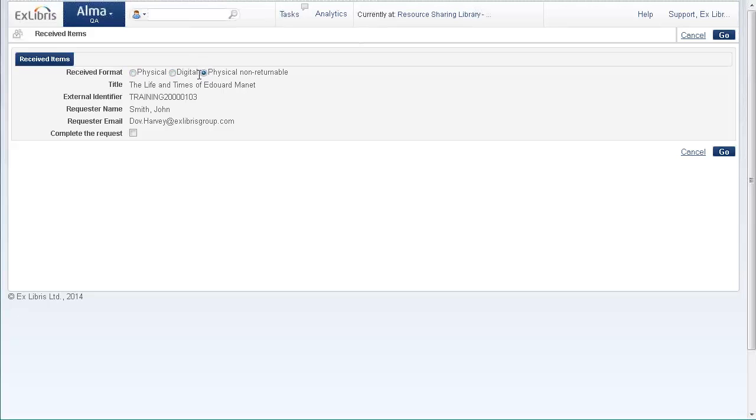If, for example, we got an item that is returnable, that needs to be returned to the lender, they sent us, for example, the actual book, we can still select the radio button of physical. But in our case, this is a physical non-returnable loan. And the moment we tick this, complete the request, and click Go,